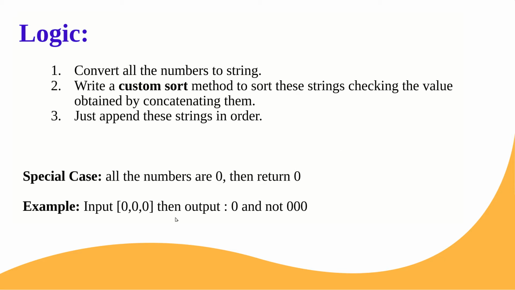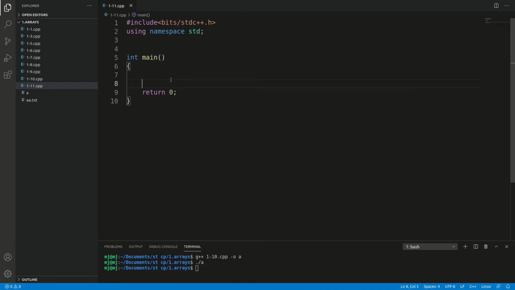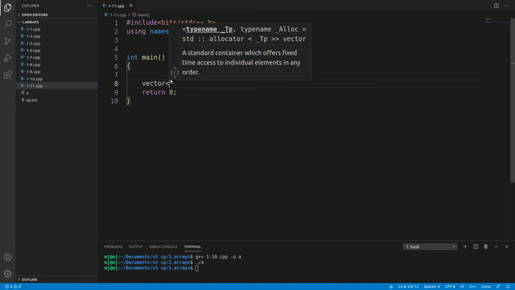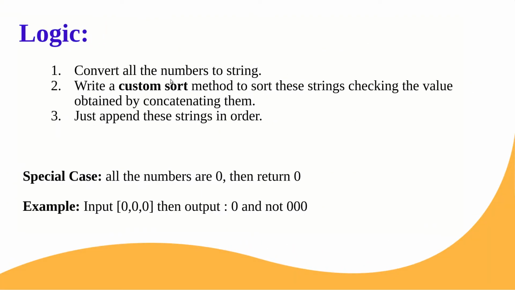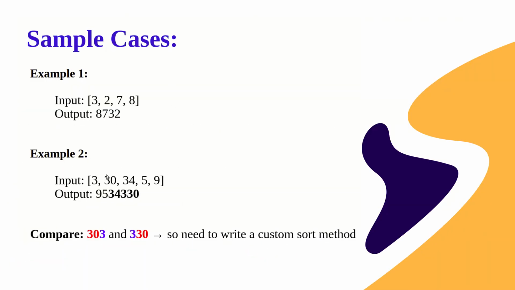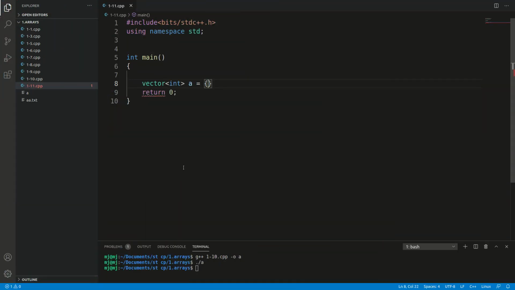So let's have a look at the coding section, where I'm going to explain how to write a custom sort method. Let's first take an input vector to test our code. Vector of int a, and let's take the values discussed in the sample program: 3, 30, 34, 5, 9.